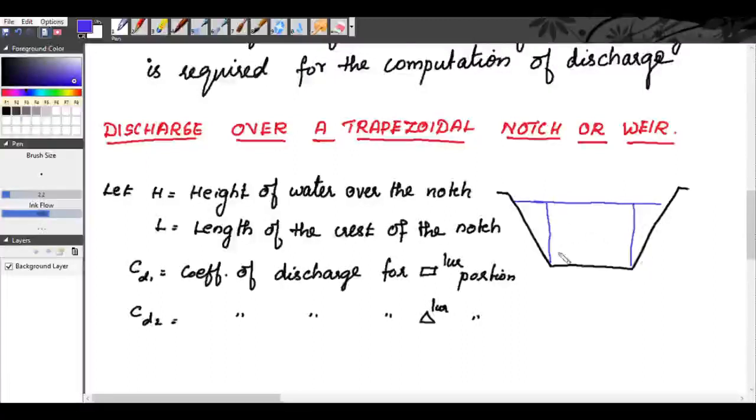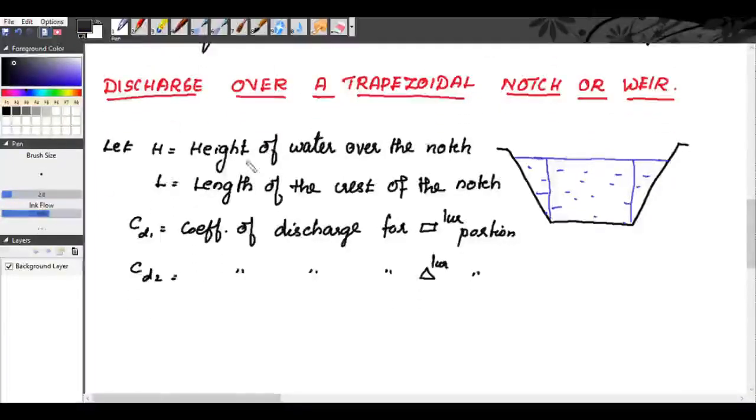You have a rectangle and two triangles. So your discharge will be equal to the discharge through this rectangle plus the discharge through the triangles. So your total discharge is given as,